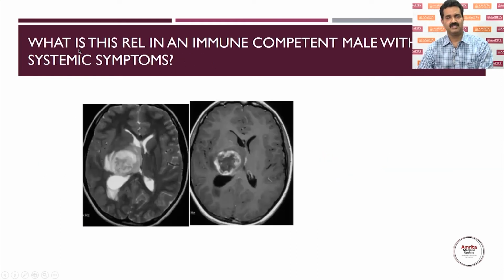So this is one question: what is this ring enhancing lesion in an immunocompetent male with no systemic symptoms? So look at this lesion, what it could be. So this is deep. So what about the ring? The ring is very shaggy, very irregular, and there is perilesional edema, and it is quite deep. So what will be the differential? One differential would be mostly GBM, because it is deep. It is not causing any systemic symptom. It is deep in the white matter, and there's irregular enhancement. Suppose it is regular enhancement, and with this much edema, it could be brain abscess.